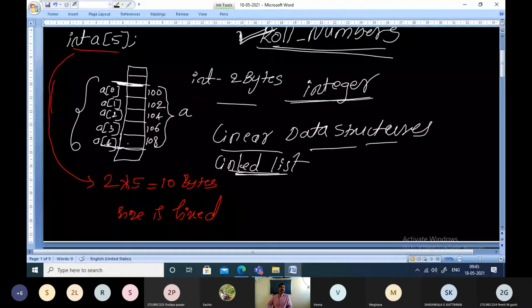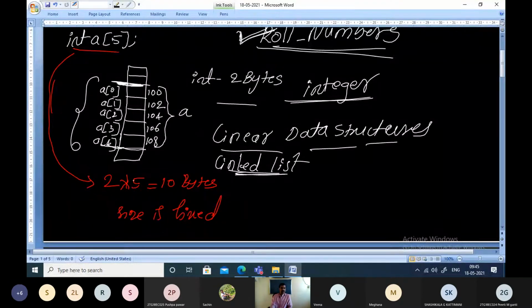To support this fact, you can see the example memory addresses I have taken. For the first element, the memory location is 100, then 102, 104, 106, and 108. So it is totally 10 bytes, starting from 100 and going up to 109.